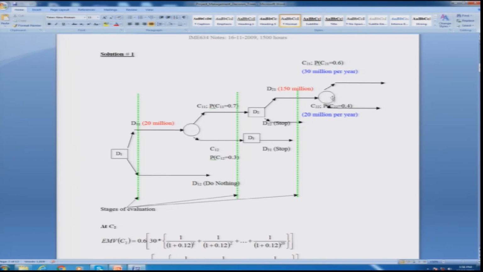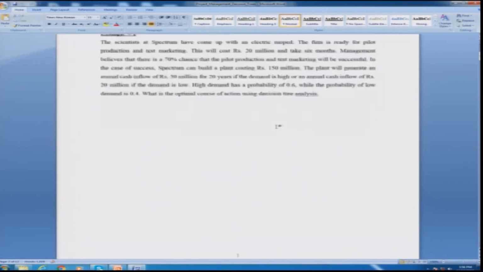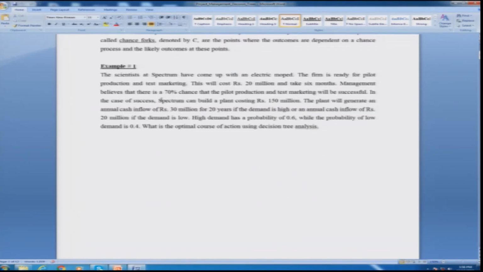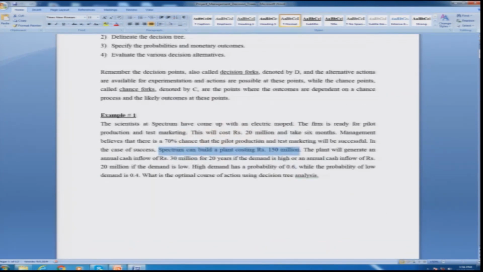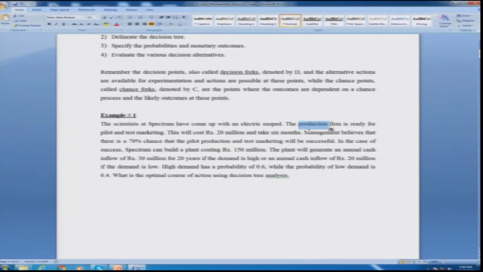Now, this is what I call C22, that means there are 2 alternatives occurring, there is a chance. Now, this 150 means that you are investing. So, if you read the problem, let me go back to the problem again. Spectrum can build a plant considering 150. So, this 150 is the actual investment, and if I consider this 200, actually this 200 means it will cost and take the test for the pilot production to happen. So, this is basically